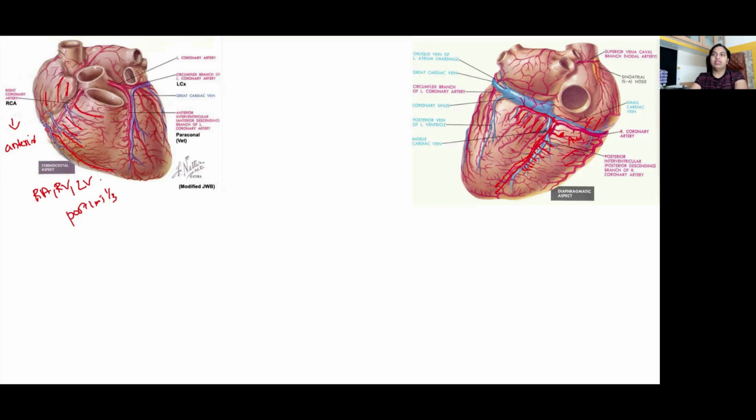The left coronary arises from the left anterior aortic sinus. It has a very short trunk that's going to divide into the left anterior descending and the left circumflex. The left anterior descending, or the anterior interventricular branch, is going to give rise to the left conus artery, branches to supply the sternocostal surface of the right ventricle, the left ventricle,